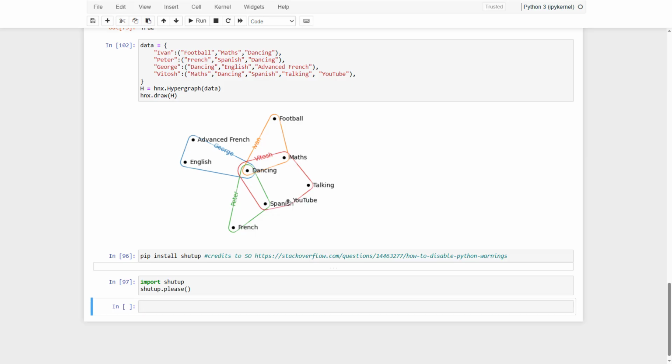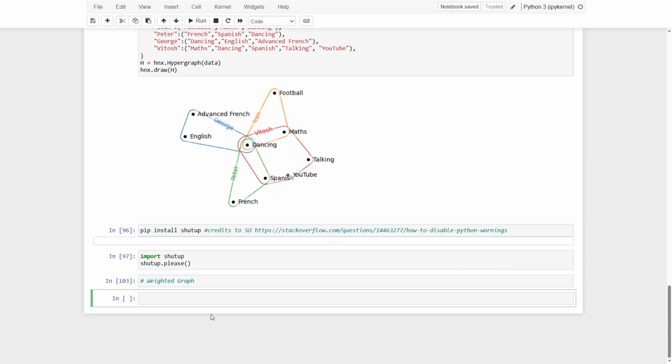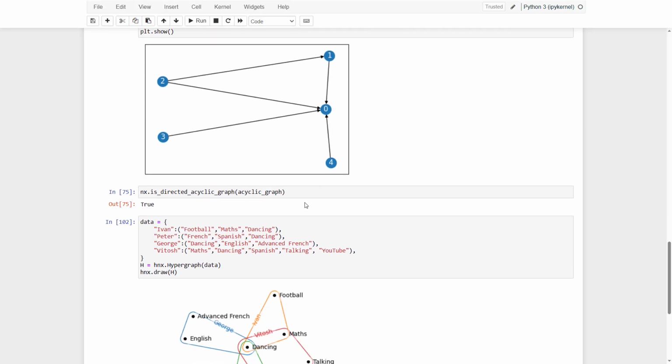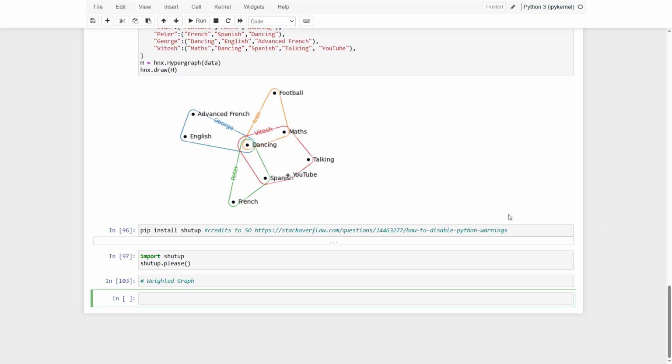Let's continue with the last one, talking about the weighted graph. The idea of the weighted graph is pretty much, it's a directed graph, but it has weights because, for example, coming from 1 to 0 can cost $100, or can be 100 minutes. Coming from 0 to 2 can be only 5 minutes, and they shouldn't be the same. So what do we do? We say weighted graph equals nx.Graph,